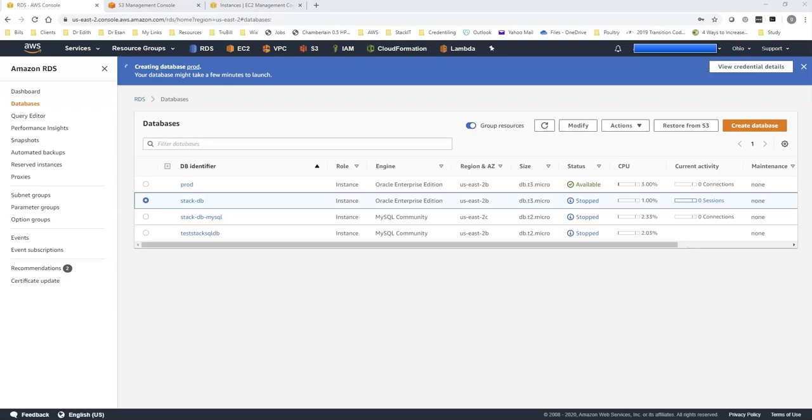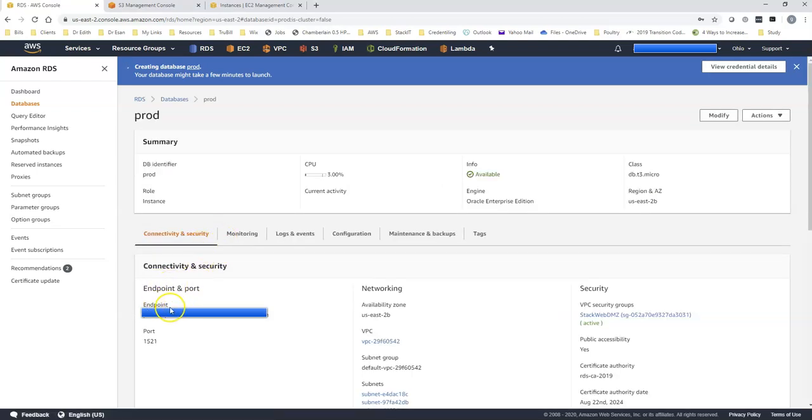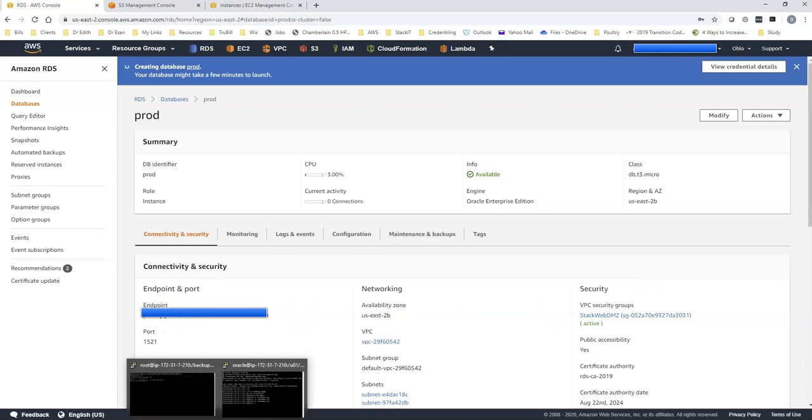So finally, our database is up and running. And now that it's up and running, we're going to need to copy the endpoint. And with this endpoint, we're going to have to go create a network entry in the RDS instance. A network entry for the RDS instance in the Oracle Net directory on the staging server. So with this endpoint, we're now going to go into the staging server